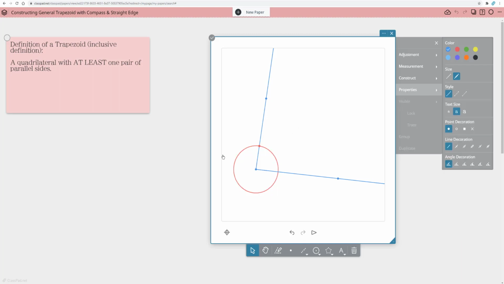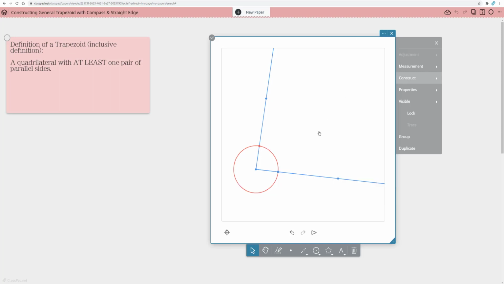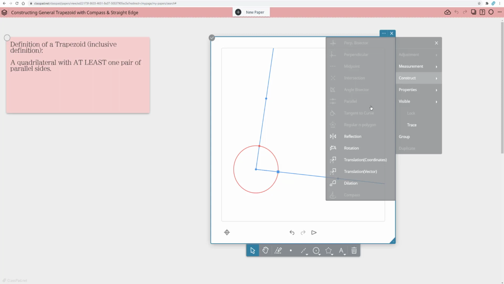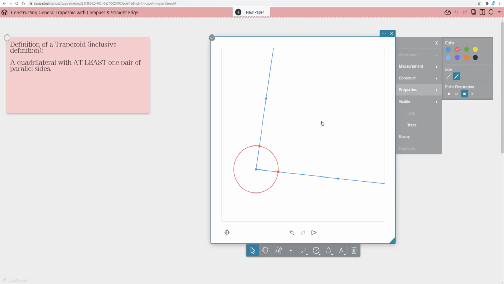So now notice what I have. Maybe we should change that point as well. I have a circle that is intersecting the sides of my angle in two places. Maybe I want to actually construct this second intersection. So students would want to also do that on their paper. So now they have intersected their angle sides, one on each side, right? And these are the same distance because, again, this is prior knowledge. All radii of a circle are congruent. So I know that this distance is congruent to this distance.